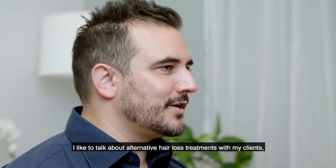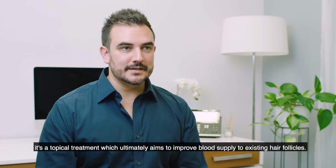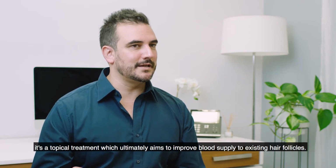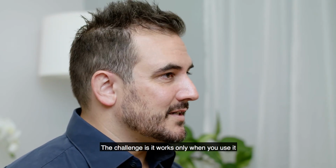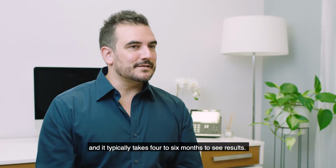I like to talk about alternative hair loss treatments with my clients. One of these is minoxidil. It's a topical treatment which ultimately aims to improve blood supply to existing hair follicles. The challenge is it only works when you use it. It can be very tiresome and annoying to apply twice a day, and it typically takes 4 to 6 months